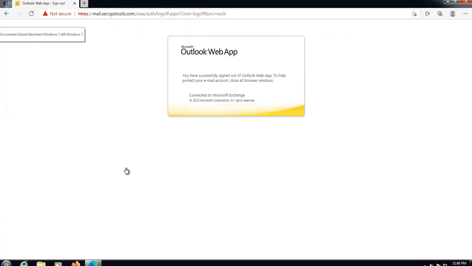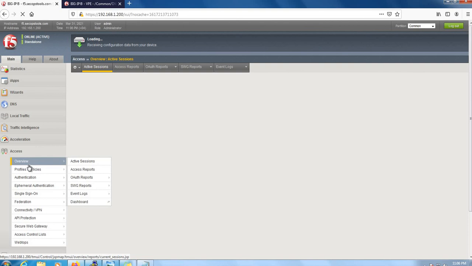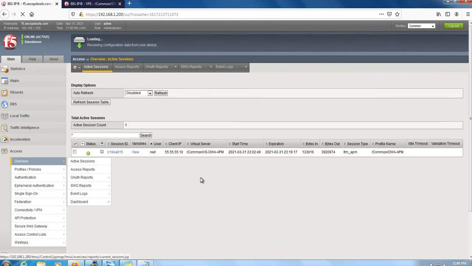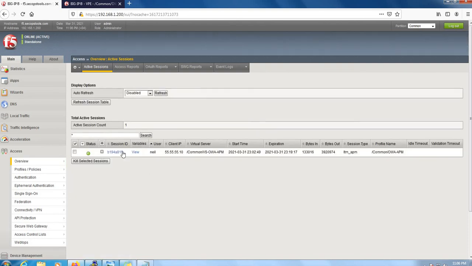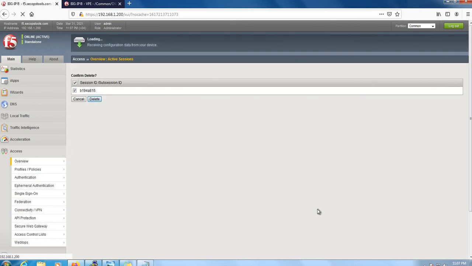Let's see the session on F5. Ideally, it should close the session. See, now this is the old session. The session ID with 4C got closed. This is the old session from the earlier one, so let me kill it. The new session got closed. So this is how we need to tell F5 to close the session. I guess our config is done now.